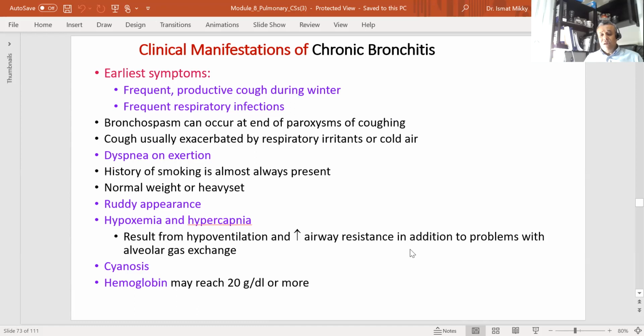Now, hemoglobin may reach 20 grams per dL or more, which means the patient has polycythemia vera or polycythemia. Polycythemia means elevated hemoglobin. And why would a patient with chronic bronchitis, and that could also result from the complication of emphysema. So COPD, emphysema, or chronic bronchitis, hemoglobin elevation, so patients tend to develop polycythemia, elevated hemoglobin,